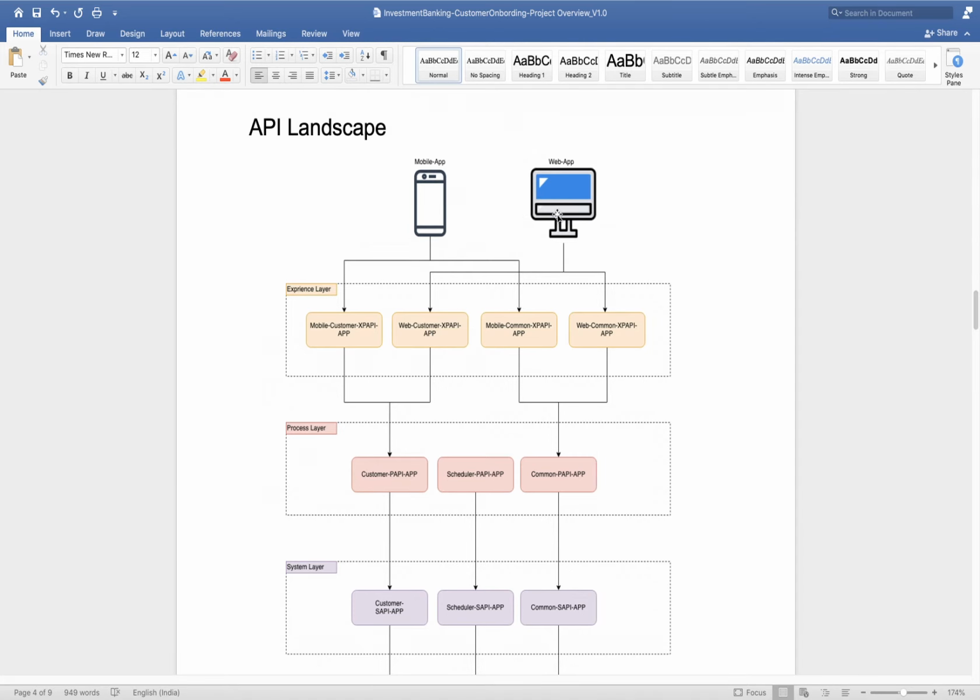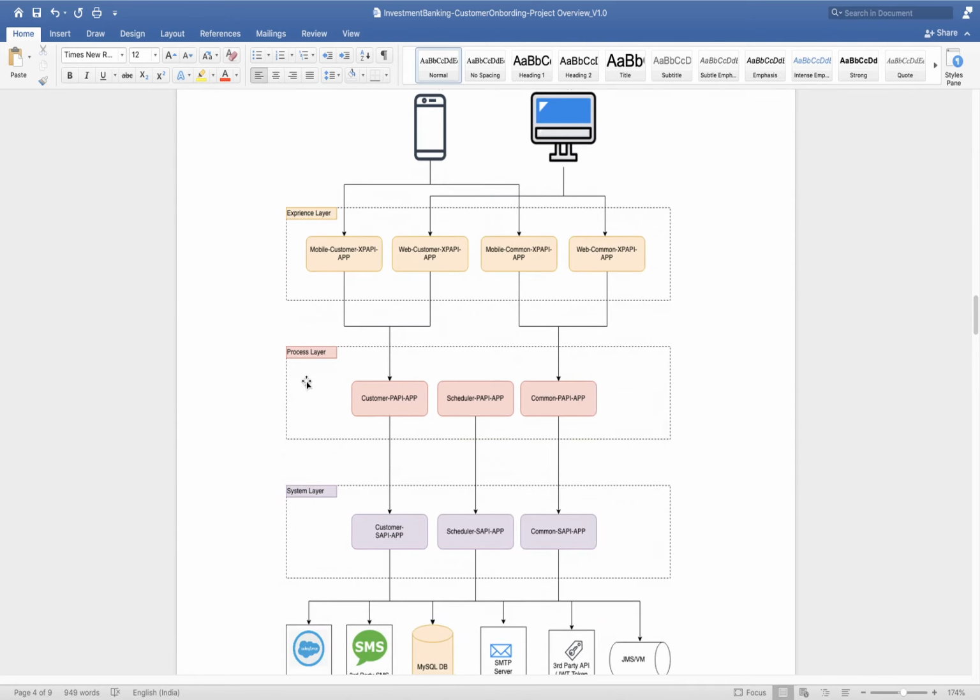Next, the process layer. The process layer sits between the experience layer and the system layer, and here we apply all the business logic. What business logic we will apply, we will discuss later on. Based on the API, we need to see what business logic we need to apply.